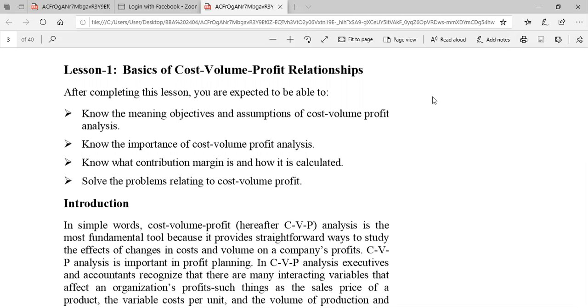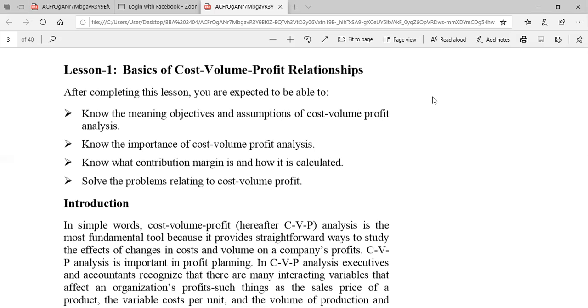Today's topic is the Basics of Cost Volume Profit Relationship. This is the course material for MBA 6463 Managerial Accounting. After completing this lesson, you are expected to be able to know the meaning of the objectives